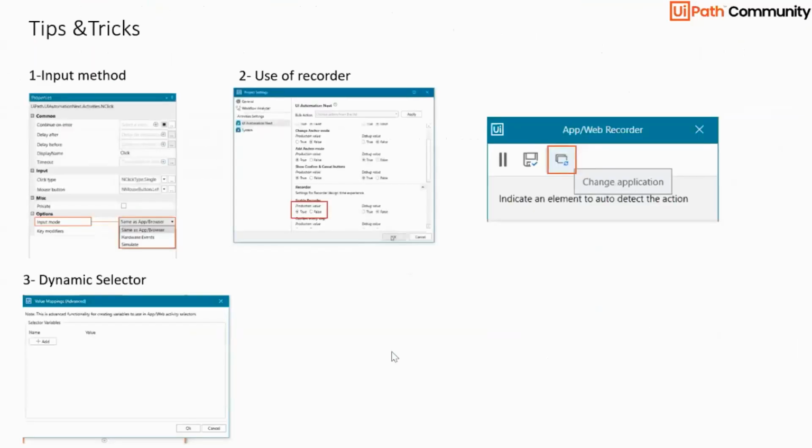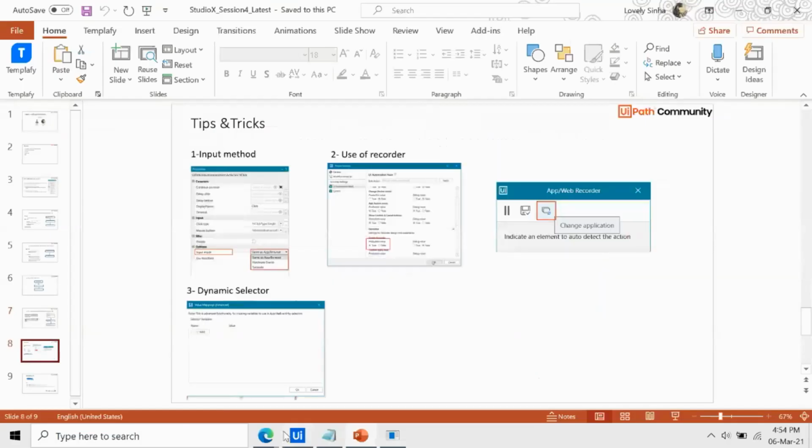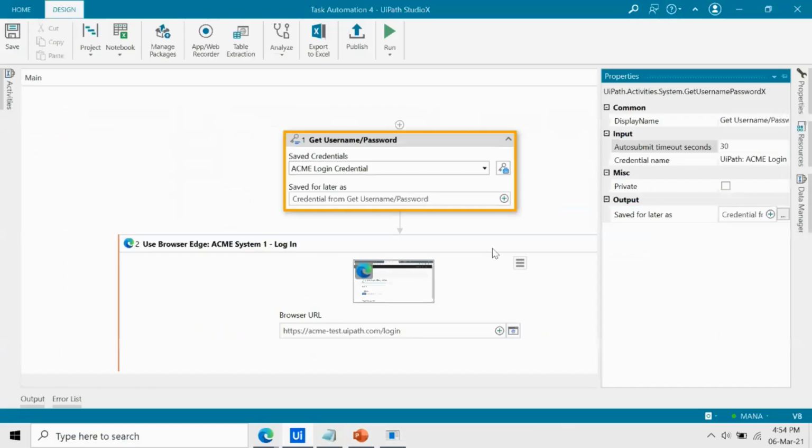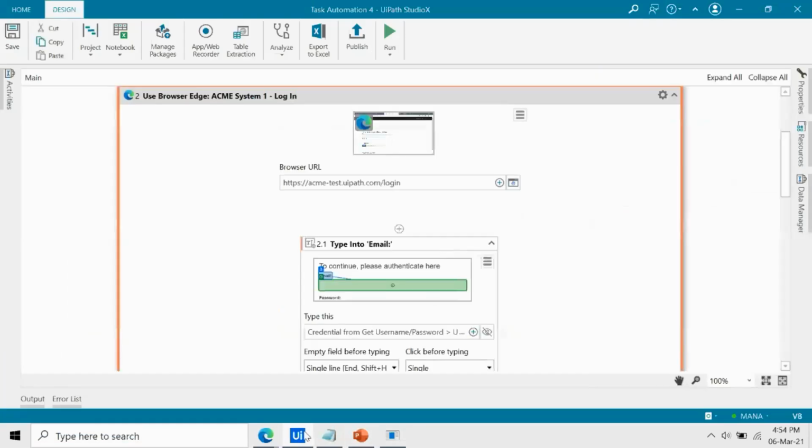So going to the next, we have tips and tricks on this user interface automation. So now I will hand over to Shishira. Sure. Maybe if you stop sharing, I'll take over the session. Yes, I said if you can stop sharing. Okay, yeah, I'll do that.